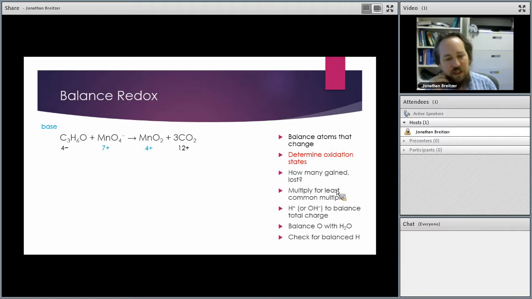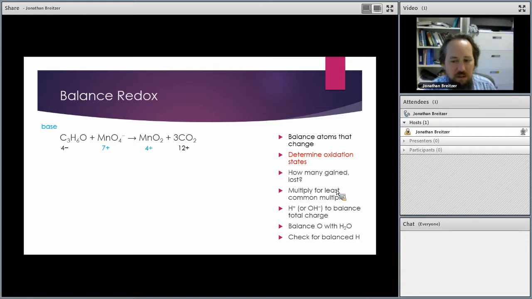Now on the right side, if you look, you'll see that the manganese goes to 4+, because each oxygen is 2- and the total is 0. So manganese has to be 4+ to balance all that. And as for the carbon dioxide, the carbon is also 4+, but there's 3 in them. Remember, we keep the 3 carbons together, so that's why I put 12+ there. So those are the oxidation states. The manganese are in blue and the carbon in black.